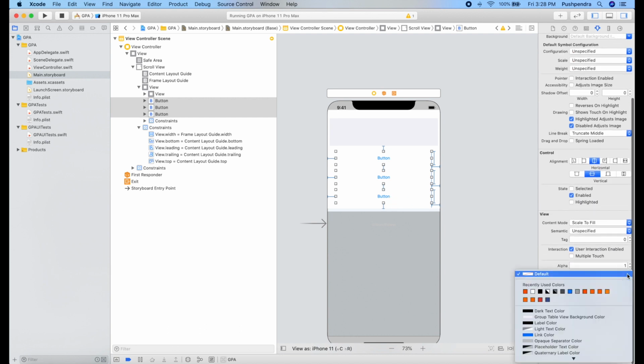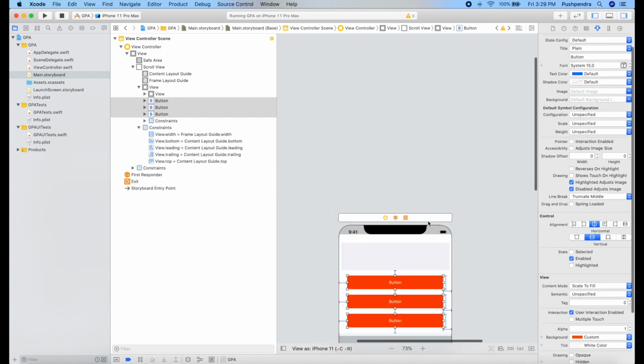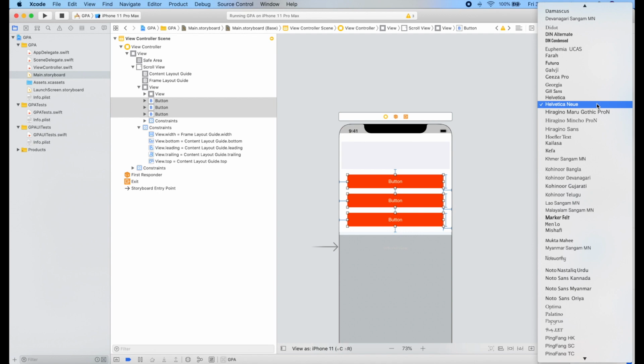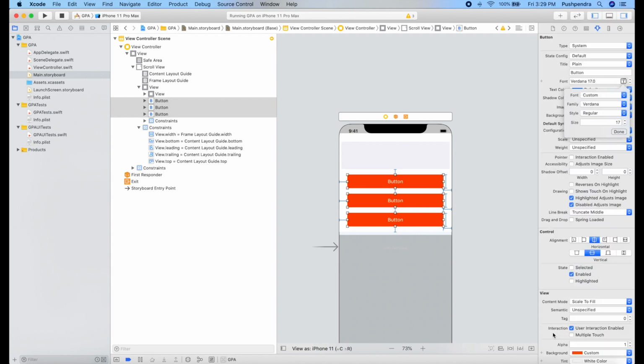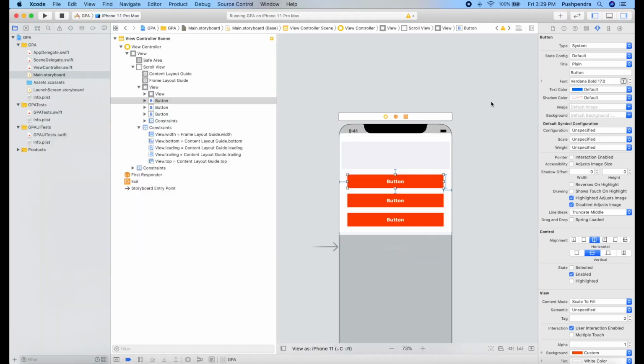Now I will set the background color of every button to orange, and the font tint color to white. As we did for the launcher screen, I am changing the font style for my button, which is bold. Now we have 3 buttons as per our design.